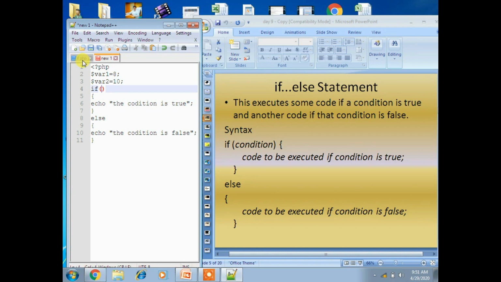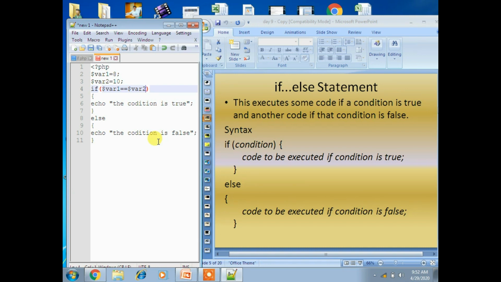So here if $variable1 double equal to $variable2. Now I specified a condition that variable 1 is equal to variable 2, which means it will compare. If both values are equal, then the condition is true block will be displayed. Otherwise, if it is false, then it goes to the condition is false part.